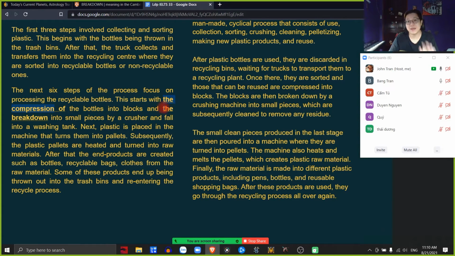Yes. So parallel structure, you must use the same structure after the "and" here. Cấu trúc song song hai bên, nếu mình dùng danh từ thực sự the compression thì phần đằng sau chữ "and" mình phải dùng một danh từ khác để nó song song cấu trúc. The blocks and the breakdown into smaller pieces by a crusher